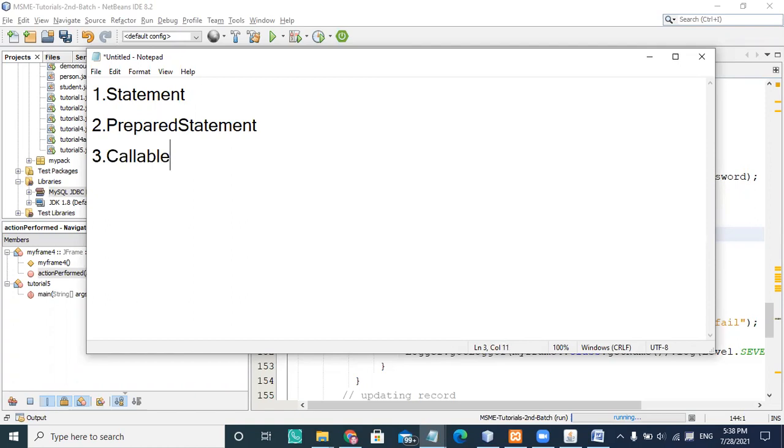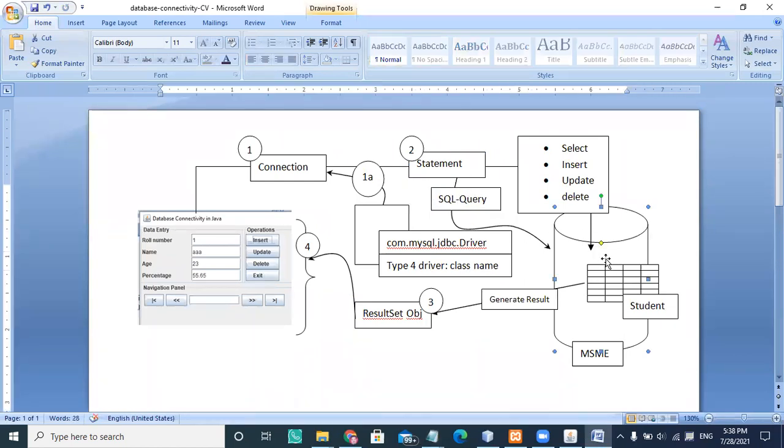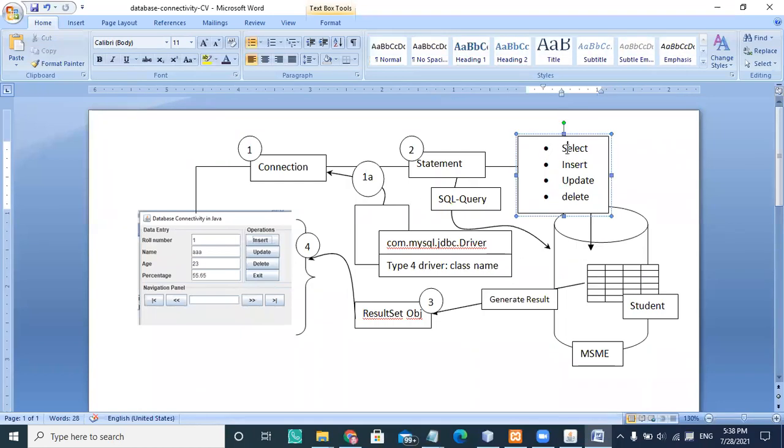So what is the use of this? If you want to fire a simple query, you require a statement object, as I told you. The statement object fires a SQL query, and that query goes to the database through the connection. Those queries are select, insert, update, and delete statements.